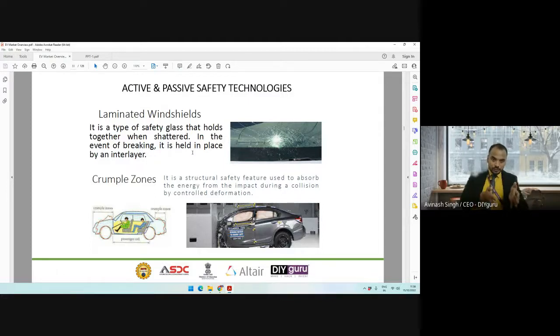तो इसलिए क्रम्पल जोन्स बनाए जाते हैं, मतलब वो पूरा का पूरा जो पार्ट है वो क्रम्पल कर जाना है, वो सिकुड़ जाना है, ठीक है। जो बीच का पैसेंजर सेल है वो काफी रिजिड बनाया जाता है ताकि वो चिपट ना जाए, स्क्वीज ना हो। तो क्रम्पल जोन पीछे भी होता है, आगे भी होता है। देखो डिफिनेशन भी, इट्स अ स्ट्रक्चरल सेफ्टी फीचर यूज्ड टू एब्जॉर्ब द एनर्जी फ्रॉम द इम्पैक्ट ड्यूरिंग अ कोलिजन बाय कंट्रोल्ड डिफॉर्मेशन, ठीक है।